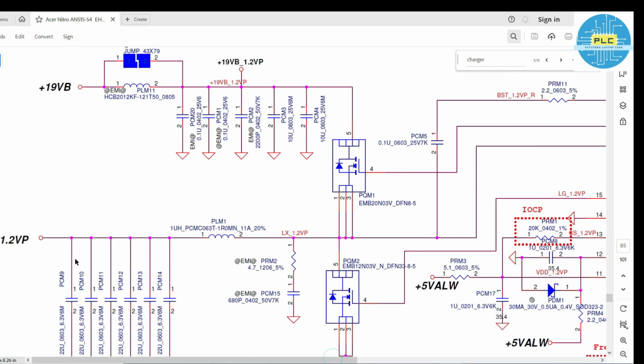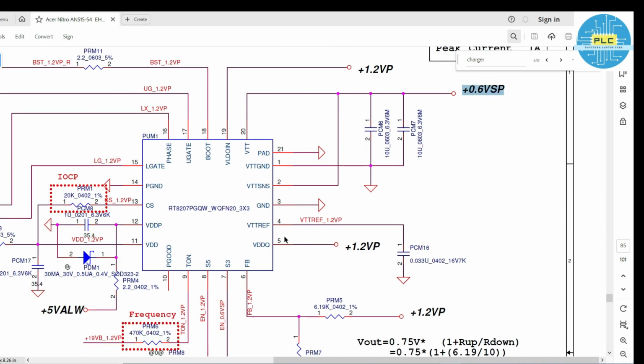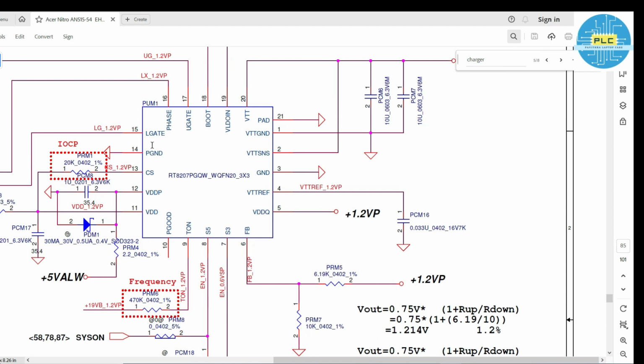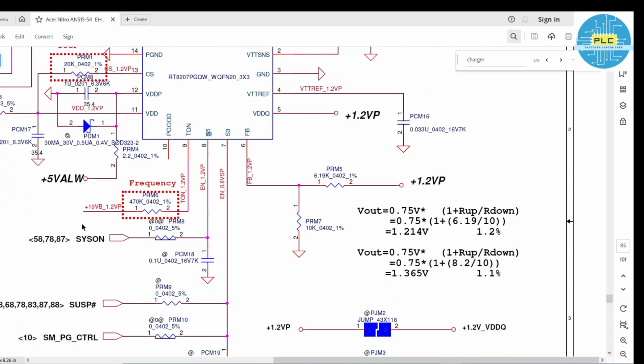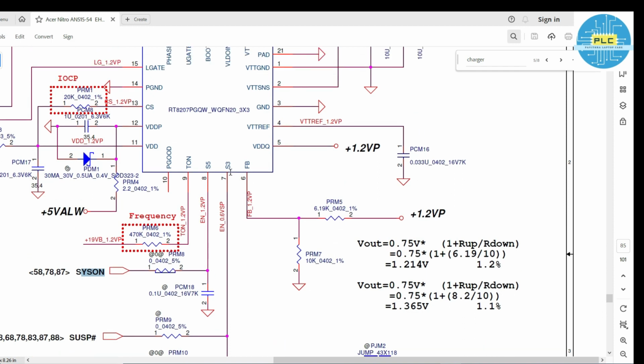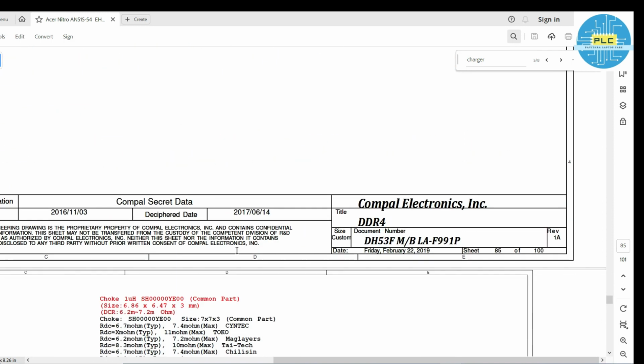See, 1.2 VP is the output voltage through the PLM coil. Here this also is an output, 0.6 volts it produces. Okay, here are the two voltages this IC will produce, a total of 3 will be there. When it receives these S5 and S3 signals, what I told, then the appropriate voltages will come, 1.2 and 0.6 volts. And again one more IC,